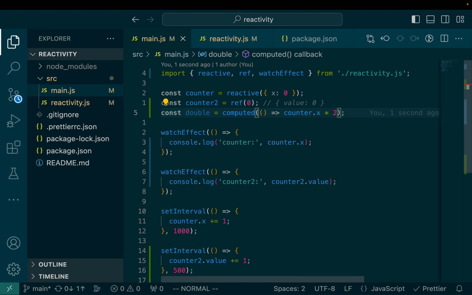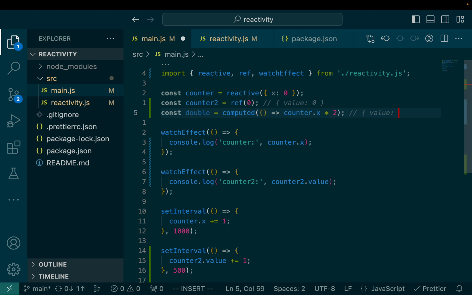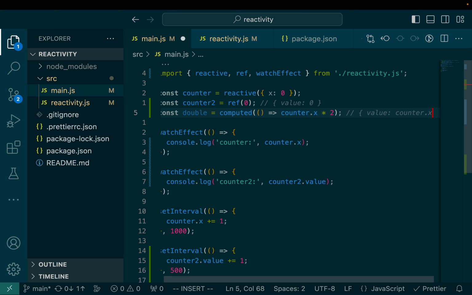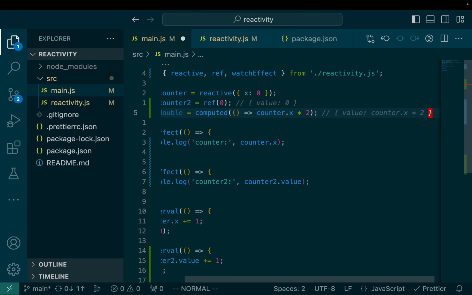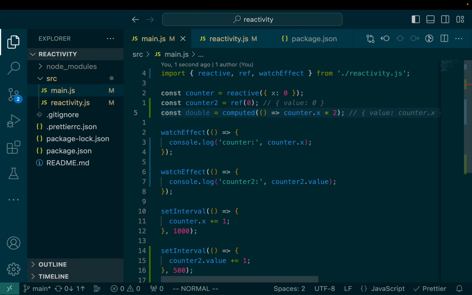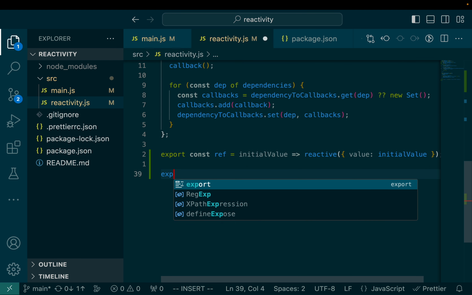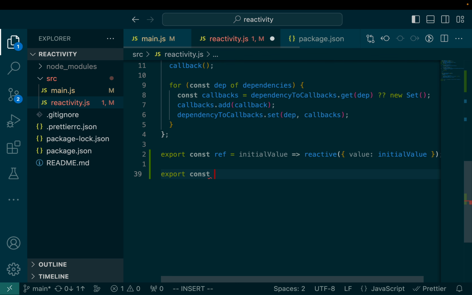Supposedly this will return a ref where the value is counter.x times 2, always. So how should we do this, right? So one way we can do this is